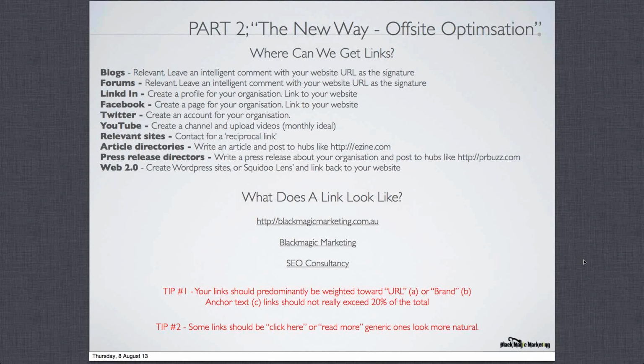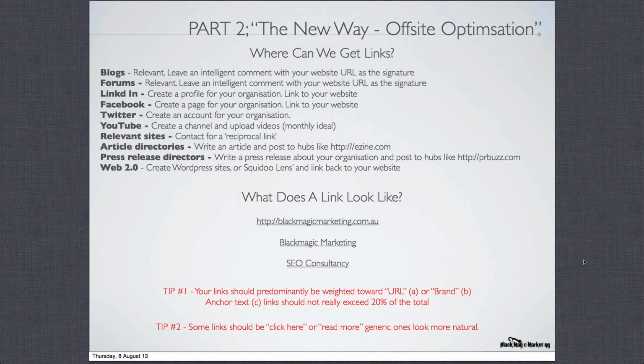So this has a twofold benefit here. A, it will count as a link, so Google will see it as a link. And B, people reading the blog, if this blog and forum gets traffic from people interested in your area, they might click on your link and go to your website, which is why I say leave an intelligent comment and not something like, hey, really like the blog. You know, if you make sure you're actually contributing, you've got a better chance of securing a human clicking on the link as well as getting Google to count it as well.